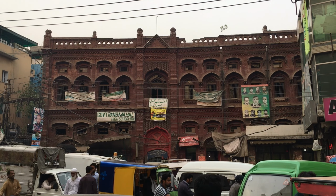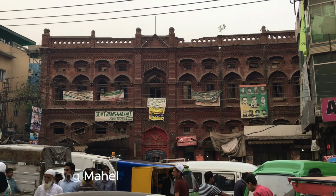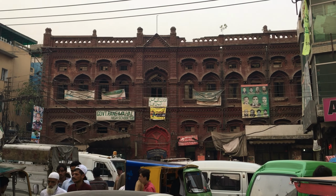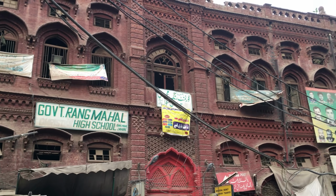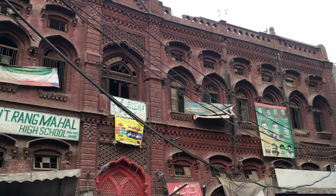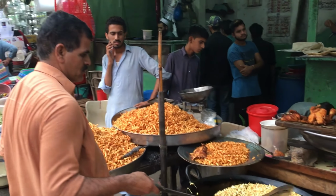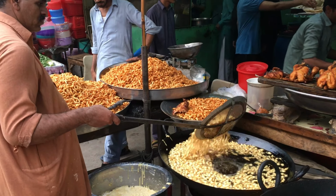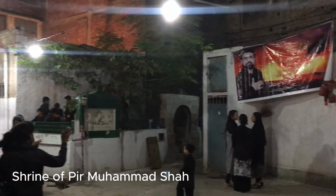Now the Palace of Colours, the old mansion which lent its name to the whole neighbourhood. It was built in the 1600s for the Prime Minister of the Mughal Empire under Shah Jahan, Saad-Ullah Khan. In 1852, the Haveli started being used as a school and lives on today as the government Rang Mahal High School. A side street near the school takes you past the shrine of Pir Muhammad Shah, where every Thursday night